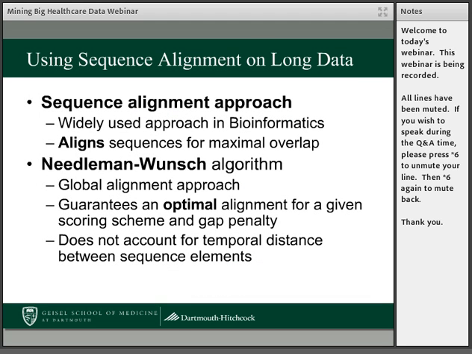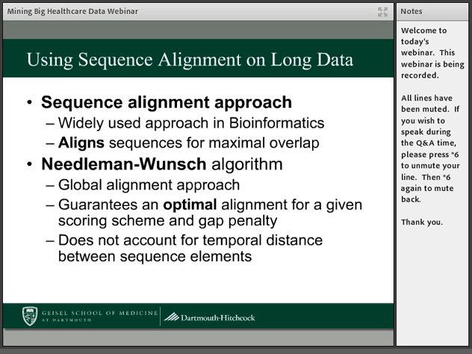Our goal with this approach is to be able to use sequence alignment, which I mentioned is quite widely used in bioinformatics. It was very critical to the Human Genome Project, because, as many of you know, when you take the human genome and digest it, you get fragments of sequences, and you have to reassemble the sequences with each other. So you have to do some overlap matching. And when you look at genes and specifically regions of interest, you need something like sequence alignment to look at the data.